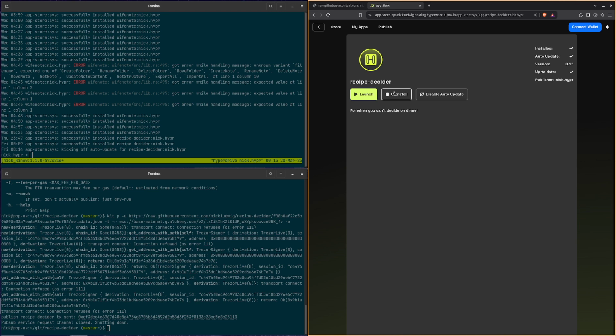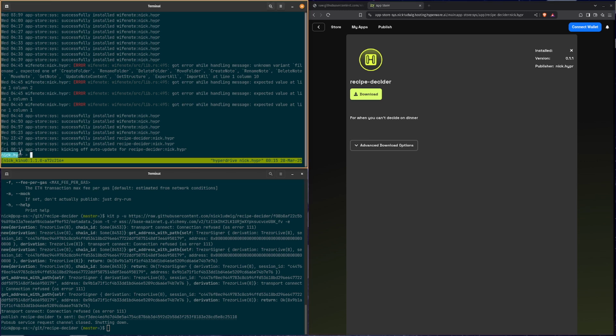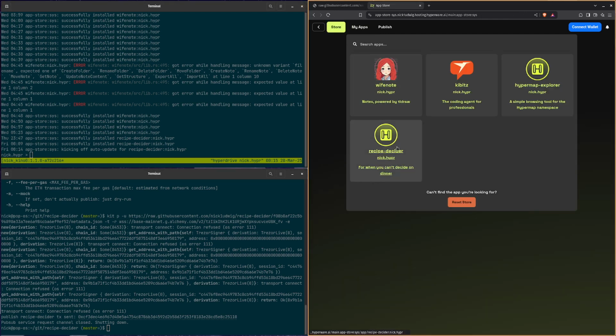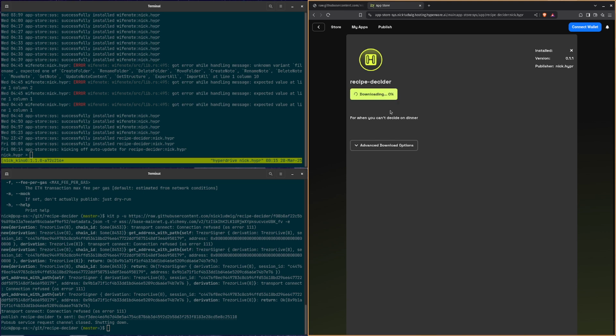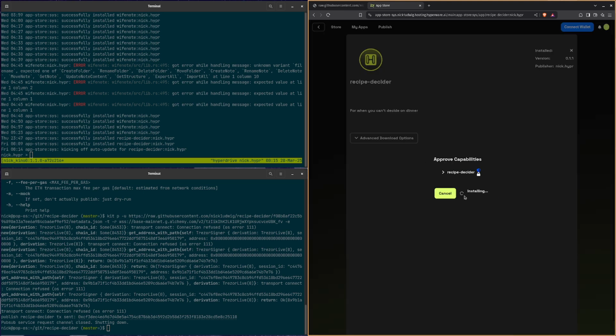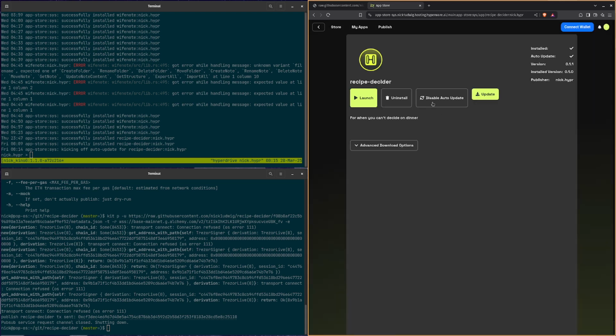Let's imagine that we didn't already have this thing installed. So if we have it uninstalled, we're going to need to do one more important step after publishing this thing on our publication local node. We're going to need to go to our hosted node or our VPS. We're going to need to go and download that application through the App Store. So here, find the application, download it. The reason being, we're going to need to download this thing onto our mirror node, and then we're going to need to actually,